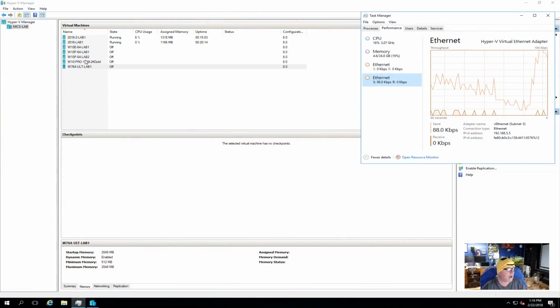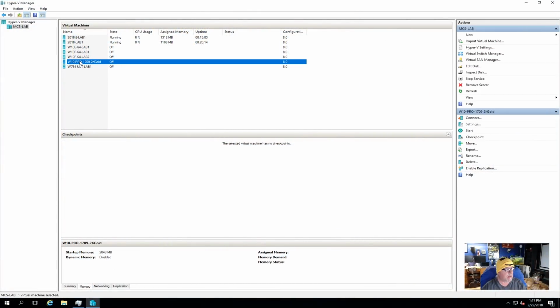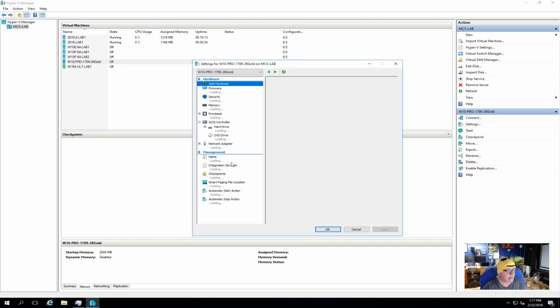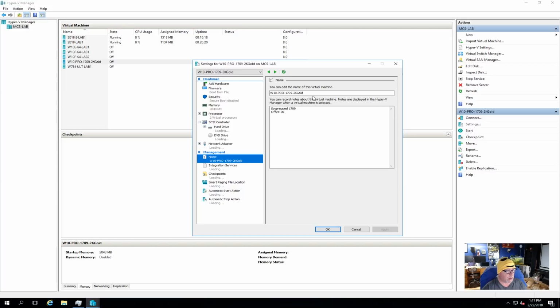Alright, so we have success on that import, and you can see it's kept the name we gave the virtual machine when we exported it. So first things first, we need to rename that machine. So what we're going to call this is